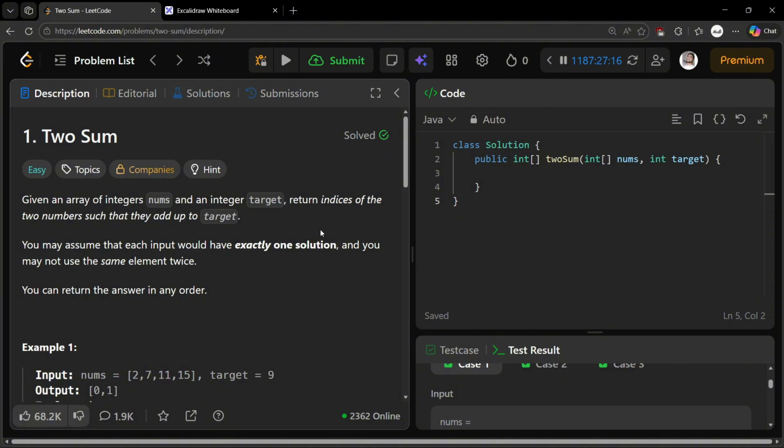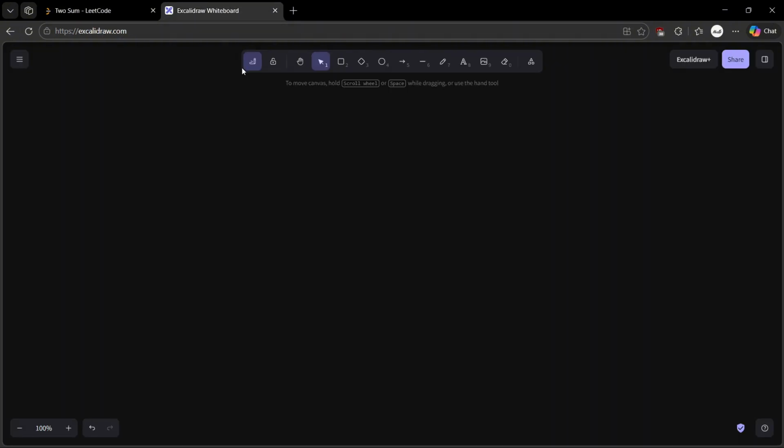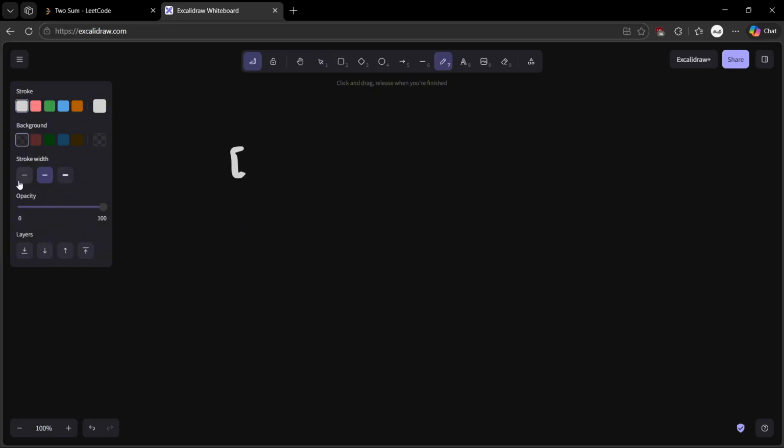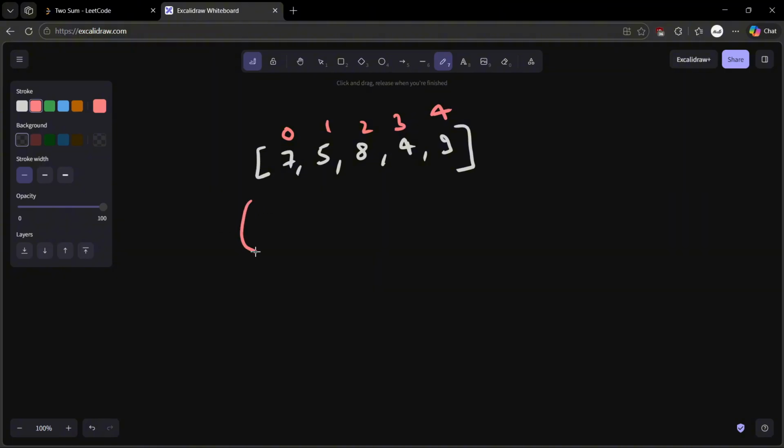So now let's try to understand it clearly. Why am I saying that this is the most important thing to note? Let's understand it first. Suppose we have been given an array like 7, 5, 8, 4, 9. Suppose this is the array that we have been given, then their indices will be 0, 1, 2, 3 and 4. Now if we sort this array,